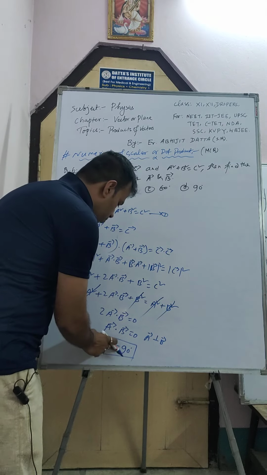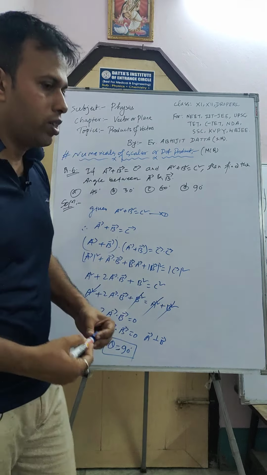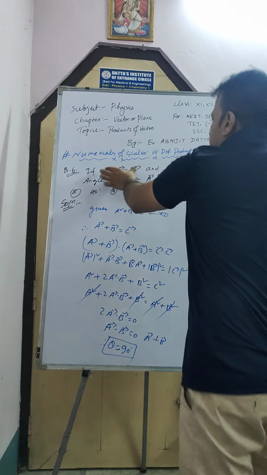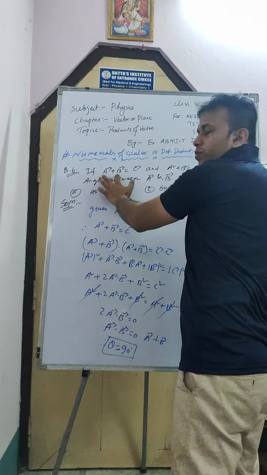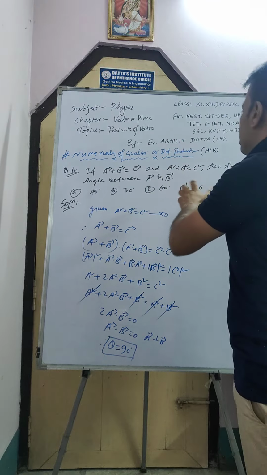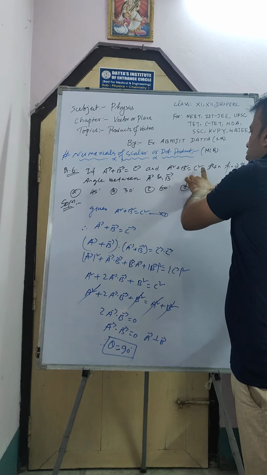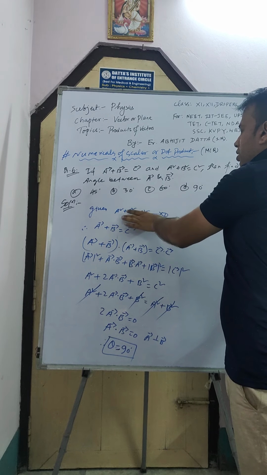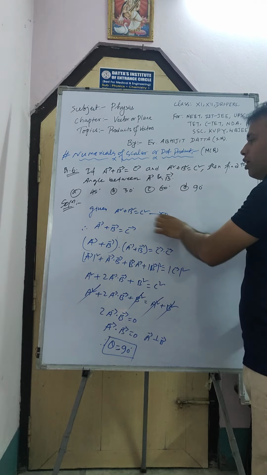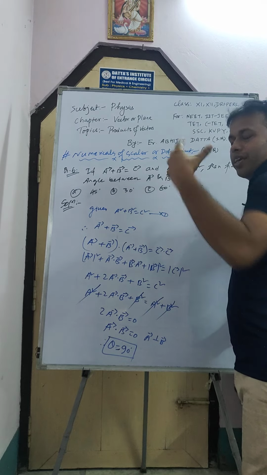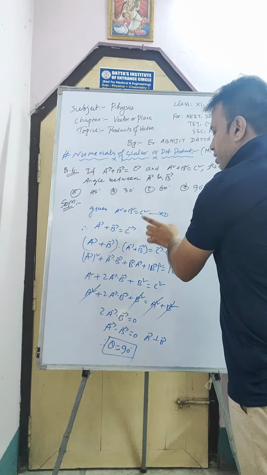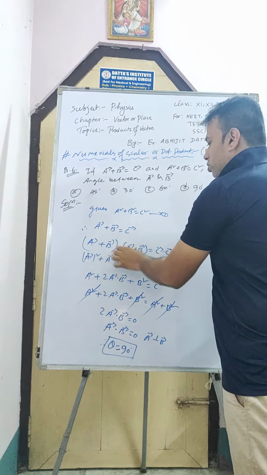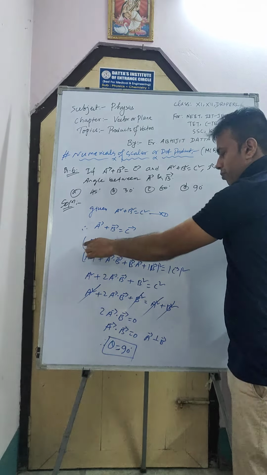So what I am doing here is so simple. The condition given is that C is the resultant vector of A and B. And one more condition: A square plus B square equal to C square, that is mod of A square plus mod of B square equal to mod of C square. I take this as equation 1, and I take the first part and do the same method, the scalar product of each side, this one dot this one and this one dot this one.